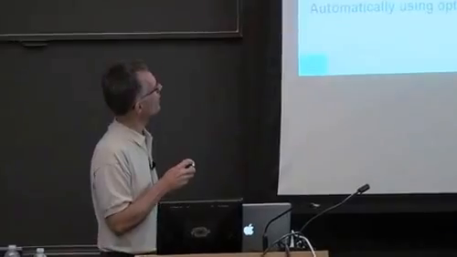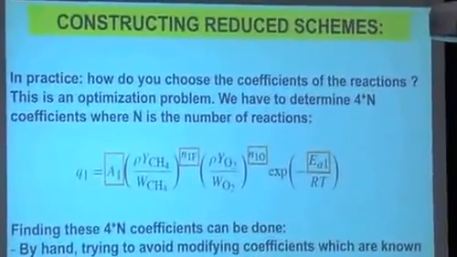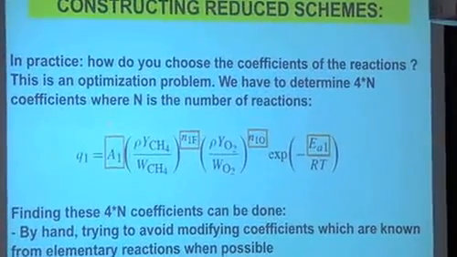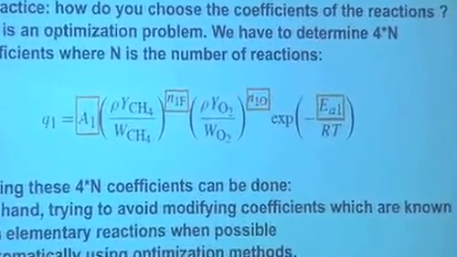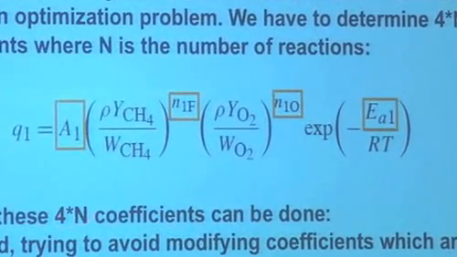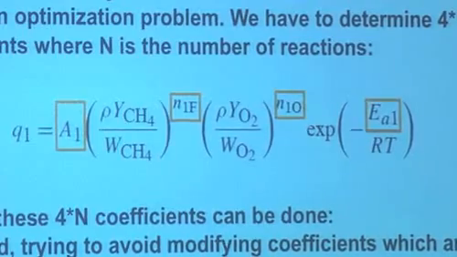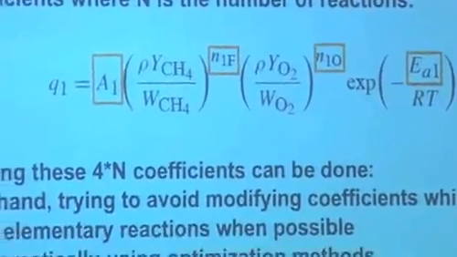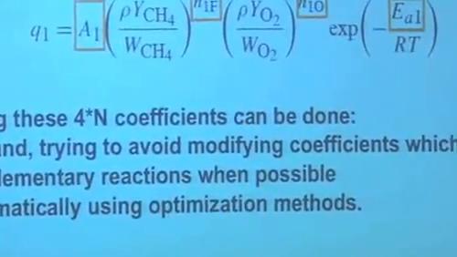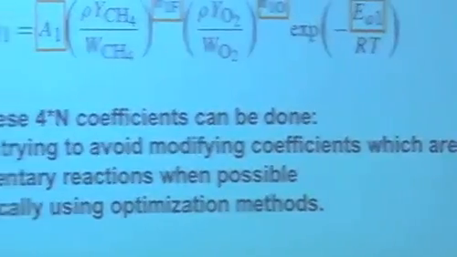it's not that simple. Another problem that you have is that if you have here only one constant, it's easy. But if you start having n reactions, and you start playing also with these exponents here, you may end up with 4n coefficients to determine. If n is equal to 10, you're going to end up with 40 constants. So now there are 2 solutions. You can ask the PhD student to find them by trial and error. But that doesn't work very well, because as you know, flames are very sensitive to the coefficients. There are much more cases where the flame does not exist when you do that, so you have to find